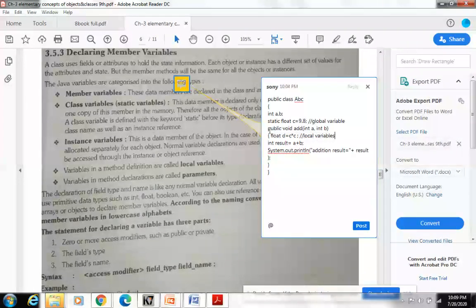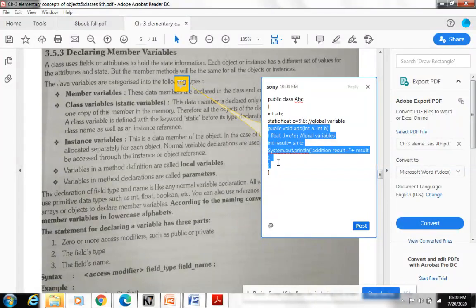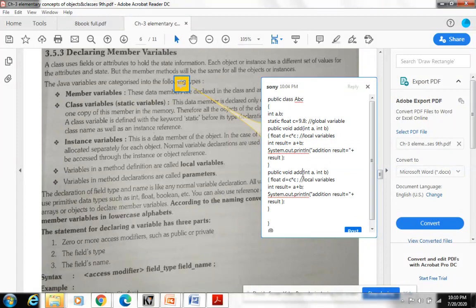So I am defining a different method again so that you will get to know. I made the next method, that is public void subtract.